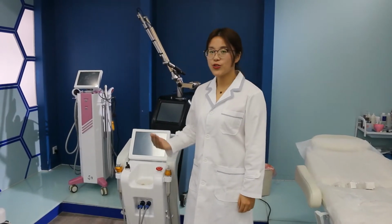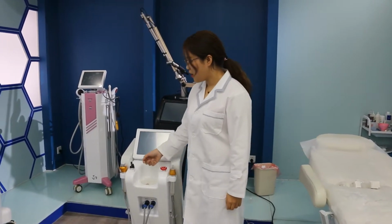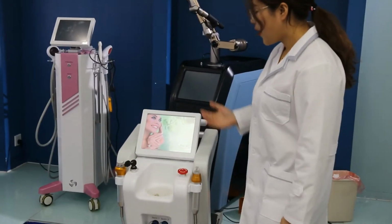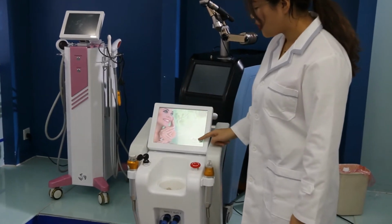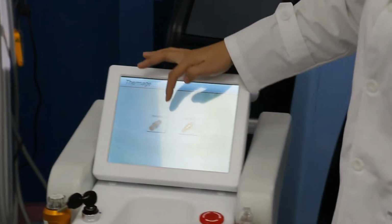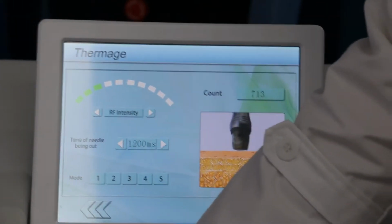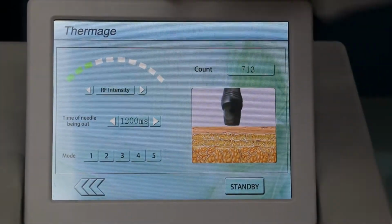Okay, now let us introduce the interface of the machine. The first step, we need to turn on the machine, and we enter the interface. Enter. We can see there are two handles here. Handle one is the non-invasive handle without needle. So we can see this is